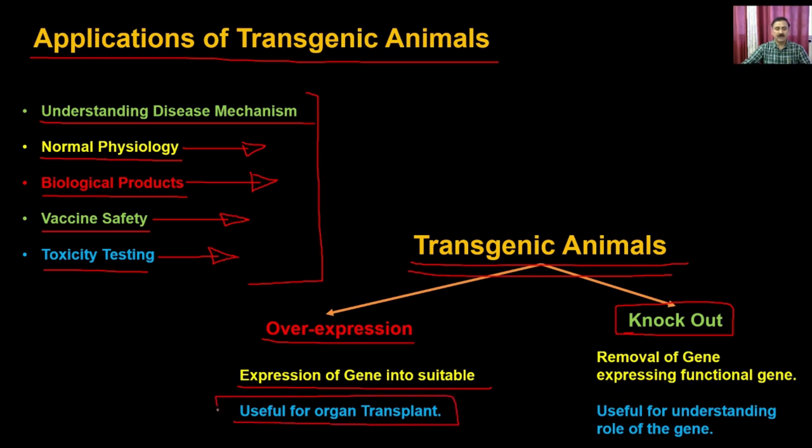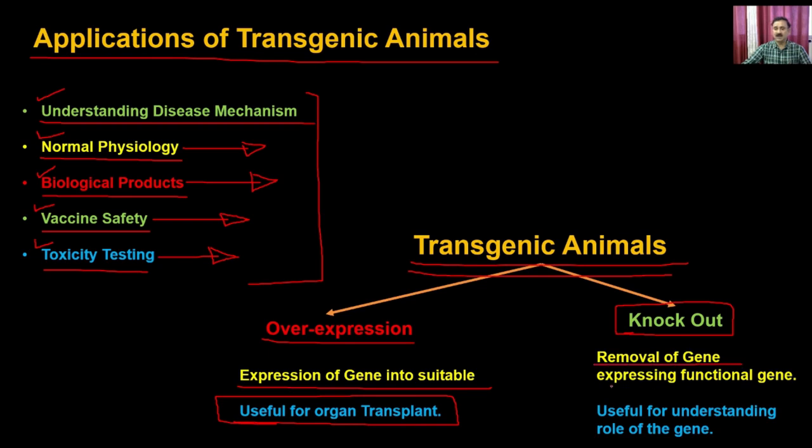Even in the case of the pig, you can use it to generate the enviropig, and that is good for organ transplant. Apart from that, when you do overexpression, you can understand the disease mechanism, you can follow the physiology, and you can generate different types of products, vaccines, as well as toxicity testing. Similarly, if you knock out, which means